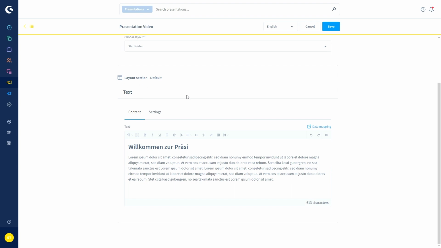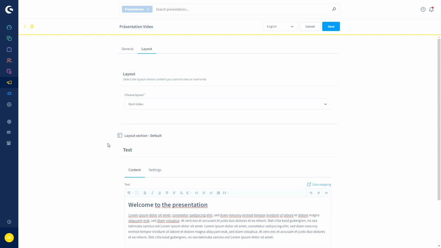In our case, obviously, I've still got the default layout here. This would be this text then. Yeah, so this is the section where you then could edit your layout.